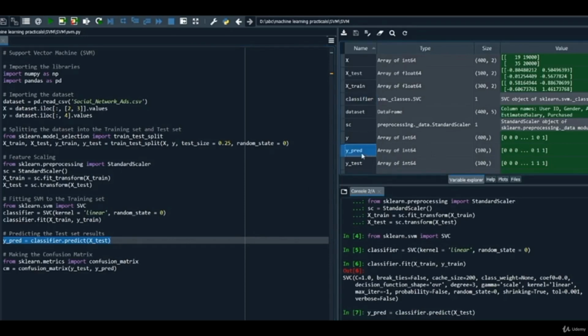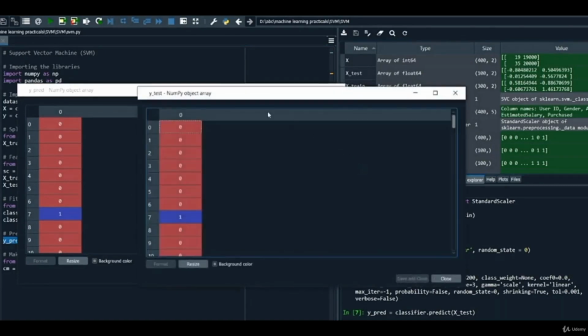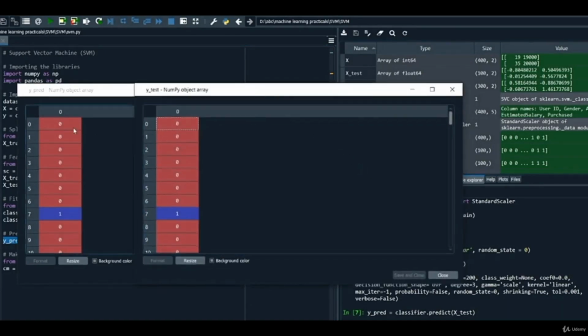After that, as you can see here, that's the prediction that our model made, and y_test is the actual value, so you can compare these values. They are totally similar. As you can see, our model made predictions 0 0 0 0 0 0. They're also 0 here, and it's 1 on the 7th, and 8, 9, 10 are 0. So it seems that it's making good predictions.